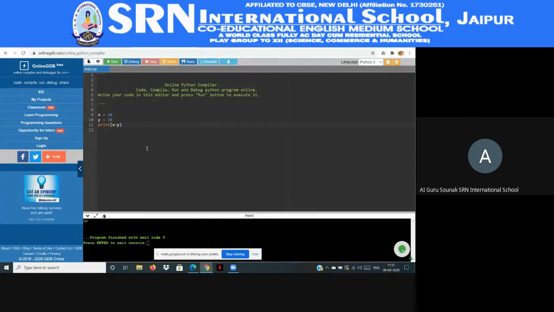So I am erasing this one and I am doing the second process of addition. This variable declaration will be common. We need these variables and these values, right? Now the second process is what? I will declare another variable, that is a third variable. Suppose z. In z, I will do the addition operation: x plus y.